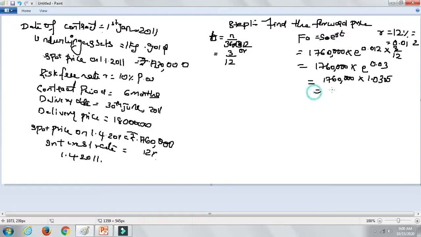So if you multiply this, it will come to 18,13,680. So this is the value you got. 18,13,680. So now the step 2 is,